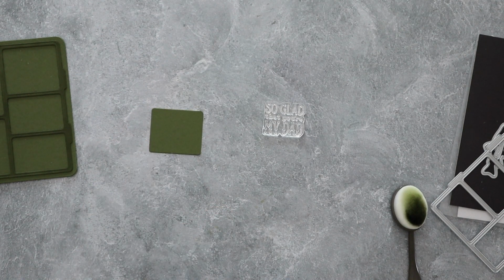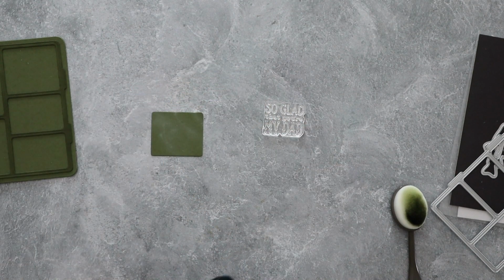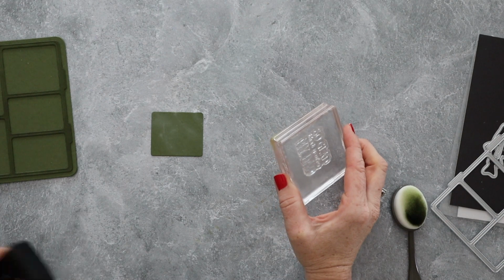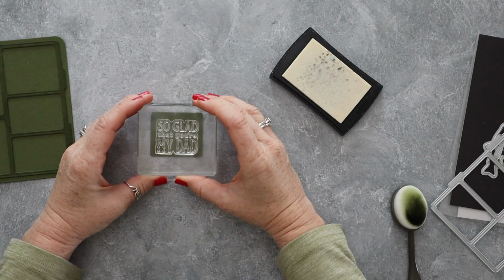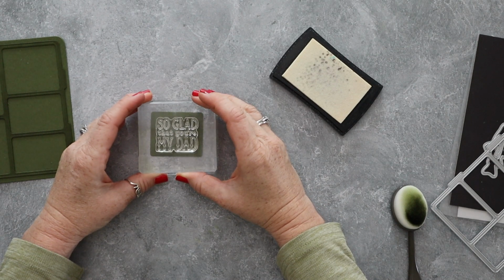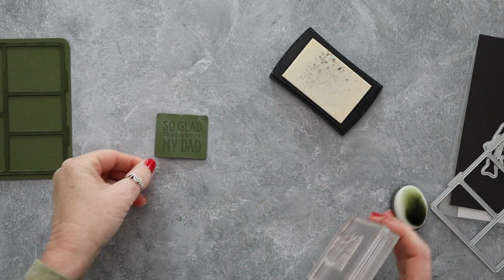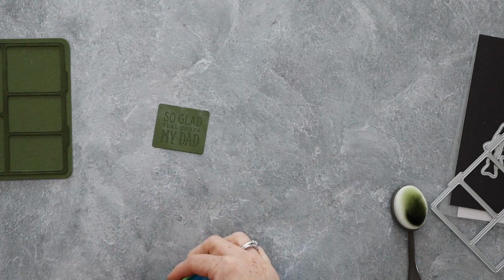So here I am. Okay, so when you die cut the little frame, you have all these insert pieces that come out. And so what I decided to do was add my sentiment to one of these little insert pieces and then add it to the inside of the tackle box. So I'm stamping in Versamark ink, and the powder tool you just saw me use is actually from Rabbit Hole